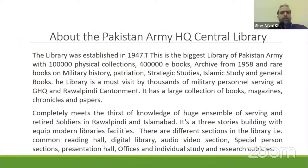So I will discuss the Army Central Library. The library was established in 1947, and this is quite amazing. Pakistan also came into being in 1947. This library was also established in 1947. This is the biggest library of Pakistan Army headquarters with more than